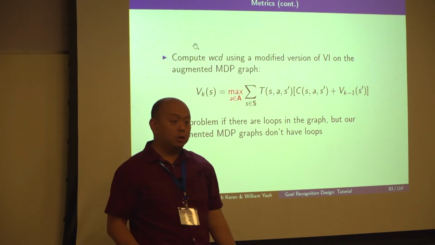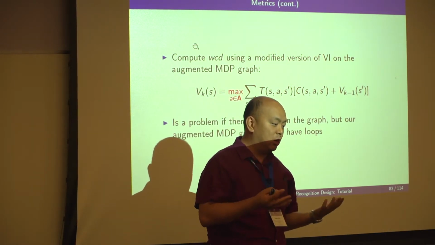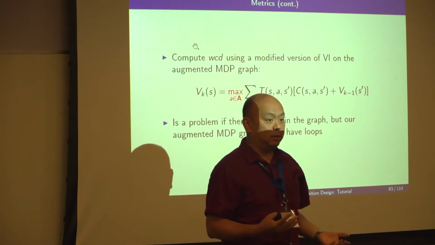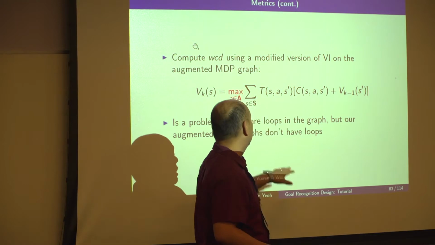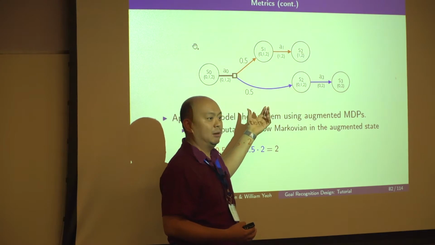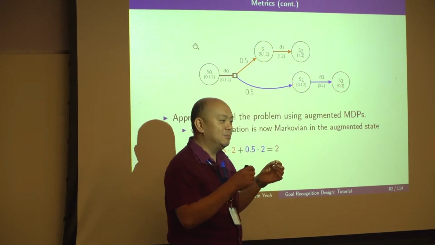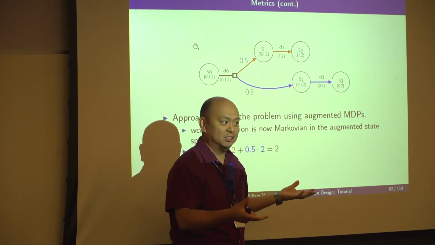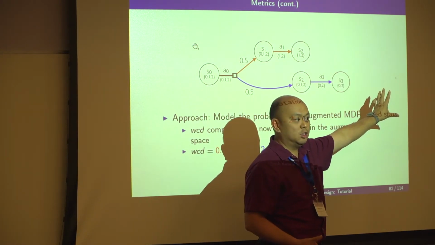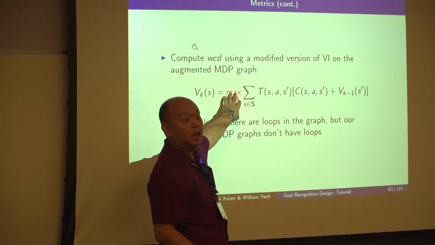In the value iteration algorithms, you would minimize over the actions because recall that in value iteration, you want to find the optimal policy of an MDP. And an optimal policy minimizes the cost, right? So therefore, you did this minimization. Over here, we don't want to minimize the WCD. We don't want to find the minimal distinctiveness. We want to find the maximal distinctiveness. What is the longest sequence of actions the agent can take without revealing its goal? So therefore, we need to maximize instead of minimize. So we change this from min to max. And